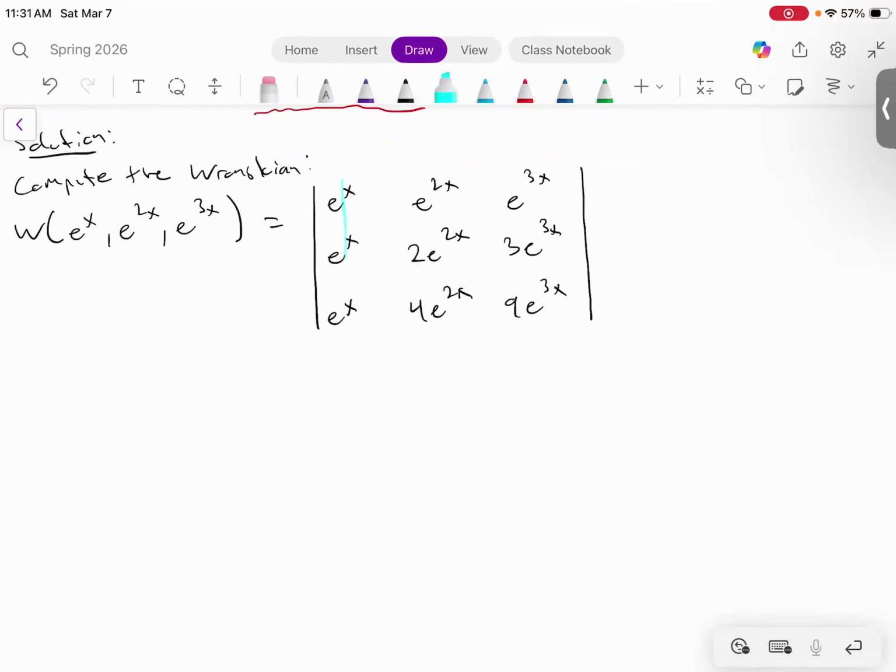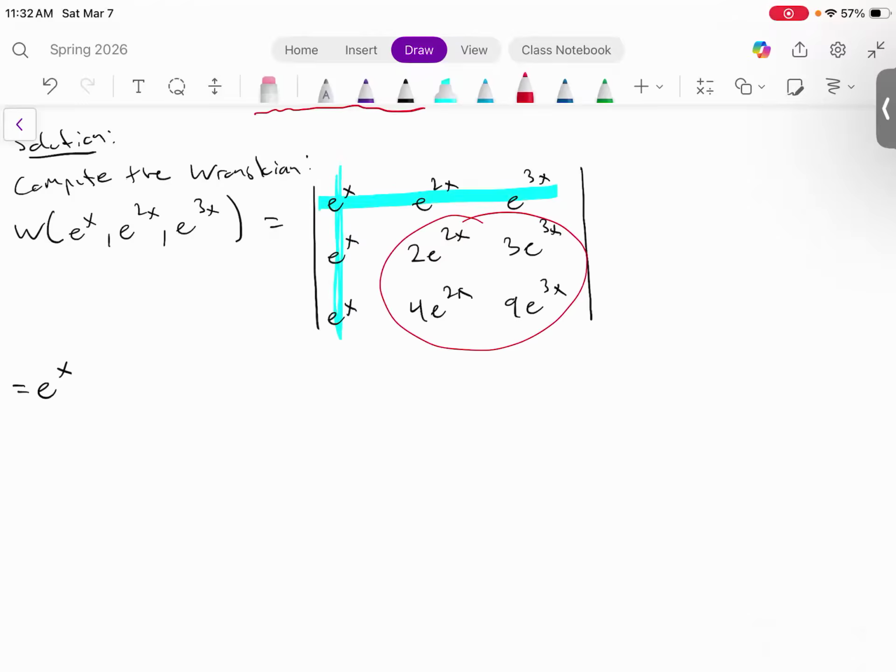E to the x is in this first column right here, and it's in this first row right here. So my determinant is going to be e to the x times